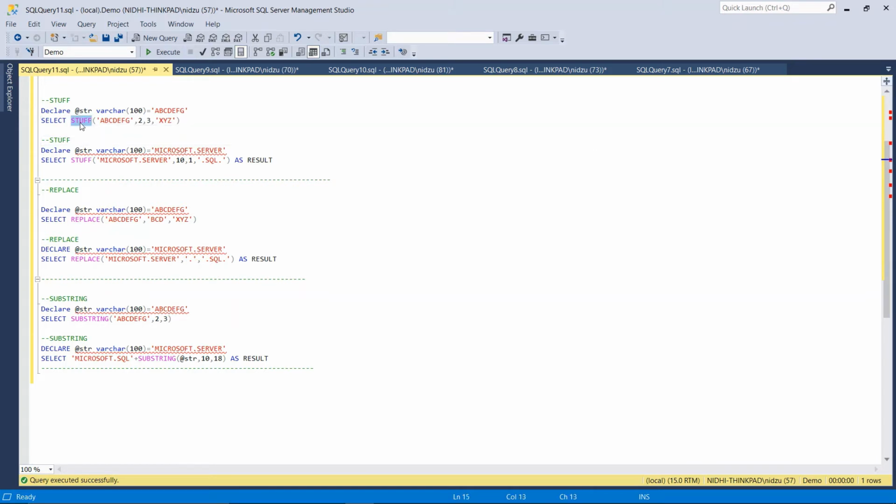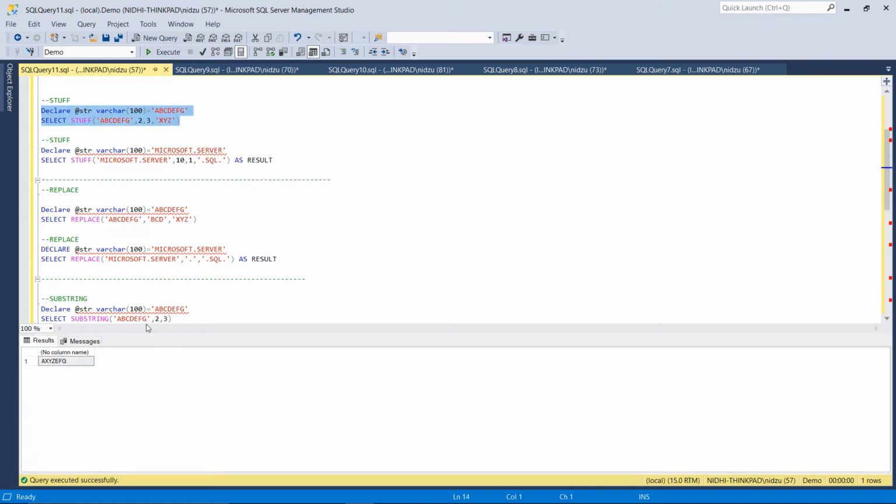I have taken the original string, then I want to replace BCD, so B starts from position 2, and then 3 characters, like B, C and D. So I have started from 2 for B, and then the length is 3, meaning 3 characters I want to replace, and I want to replace them with XYZ, so I have taken XYZ here. When I run this query, I will see that BCD has been replaced by XYZ.